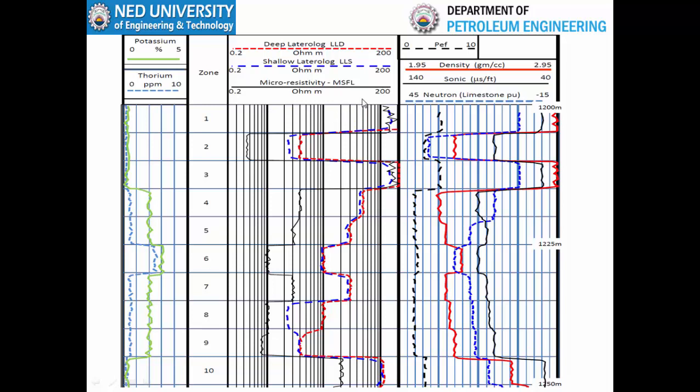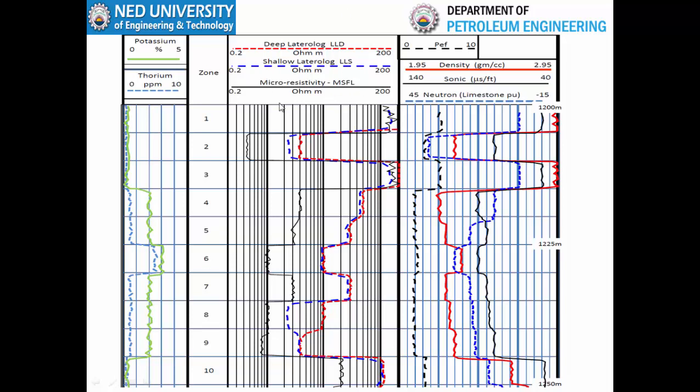And the scale for the third cycle is from 10 ohm meter to 100 ohm meter. Since each box in the third cycle is equal to 10 ohm meter, we have 10, 20, 30, 40, 50, 60, 70, 80, 90 and 100 ohm meter. And on the extreme right we have 200 ohm meter, so from 100 to 200 ohm meter basically we have the value.